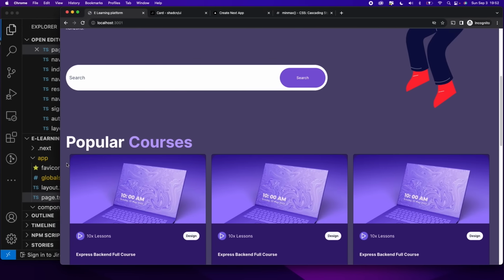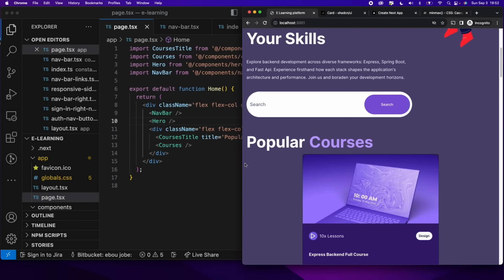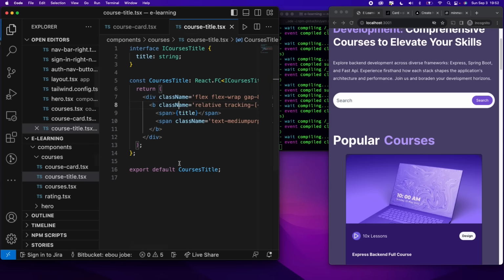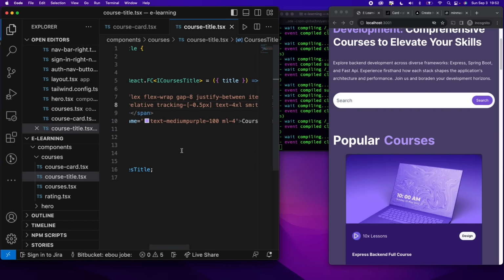The size also goes bigger. So I think by this time you guys should be familiar with how the resizing of size works. If I go back here, it's the same thing as the other one. I'm saying that it should be text 4XL by default. This means that if the width is 0 pixel, this is what is going to apply. As you keep on scaling it up,